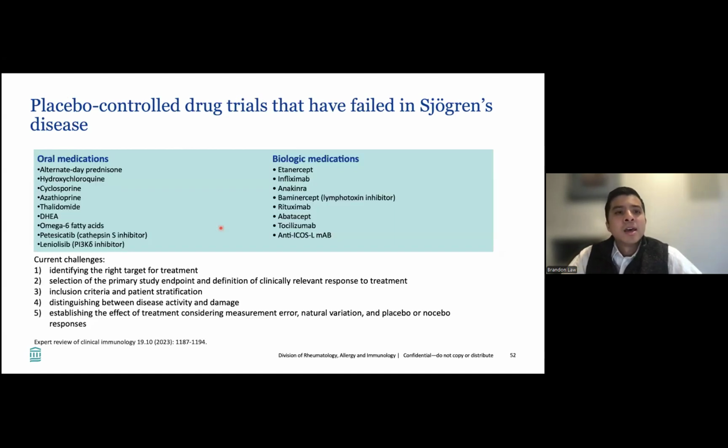for Sjogren's patients. So I get asked about clinical trials a lot. And we are also opening clinical trials for Sjogren's. But if we look at the history of Sjogren's-related clinical trials, many disease therapies, oral medications, and biologic medications have failed. And they failed for many reasons. There's not enough time to go through all of this, but one of the main things was selection of the right endpoint to be looking at, and also making sure that we have the right inclusion criteria and patient stratification criteria, meaning that patients included in the trial have a specific version of Sjogren's with specific measures that we can look at and quantify and